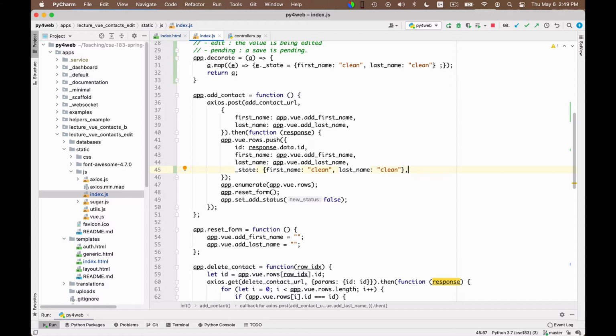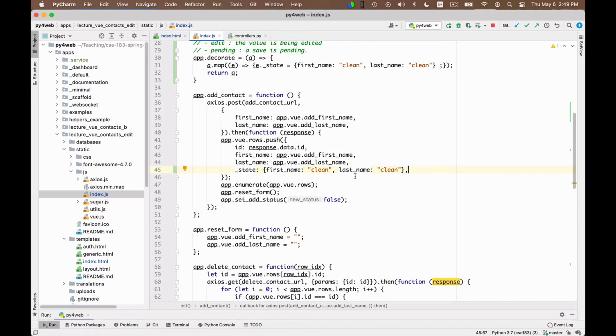This approach is good, because in this way you could have another edit pending and you could have hit the button to add a new row. In this way, I just mark as clean the row that has been added, not any other row that might have been still in the middle of some modification. In reality, it's fairly unlikely that the user will have more than one operation pending, but I still want to try to write correct code. So this is good, and we now annotate the row.